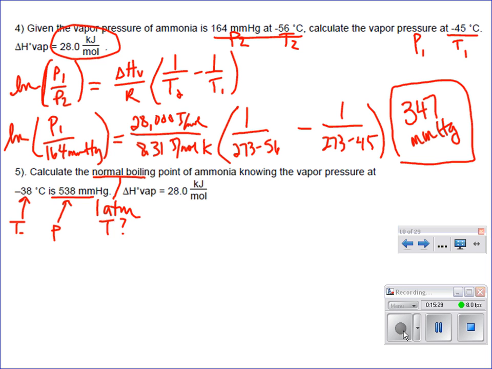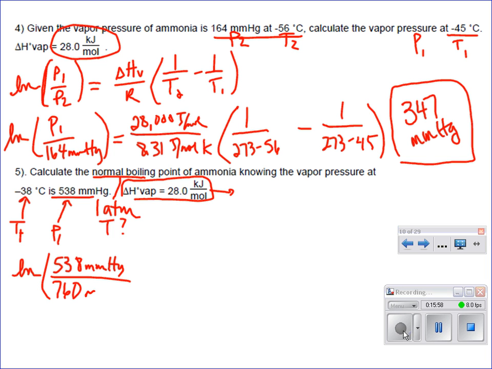So we'll call that T1, P1, since solving for T2 might be easier. It doesn't matter. And then our heat of vaporization is the same as in the last problem, because it's the same substance. It's ammonia. So ln of P1 over, 538. You tell me what P2 is. Good. 760